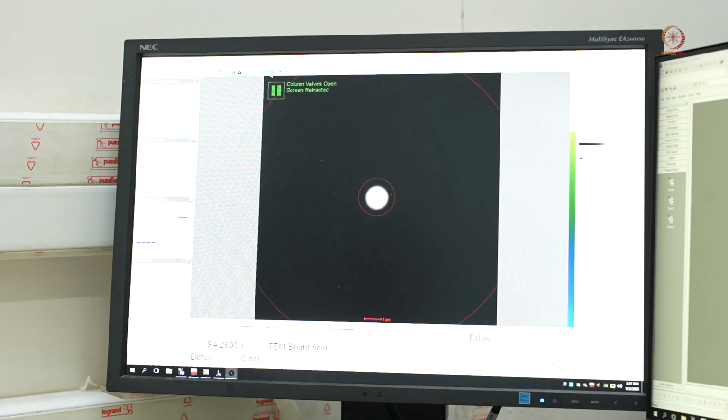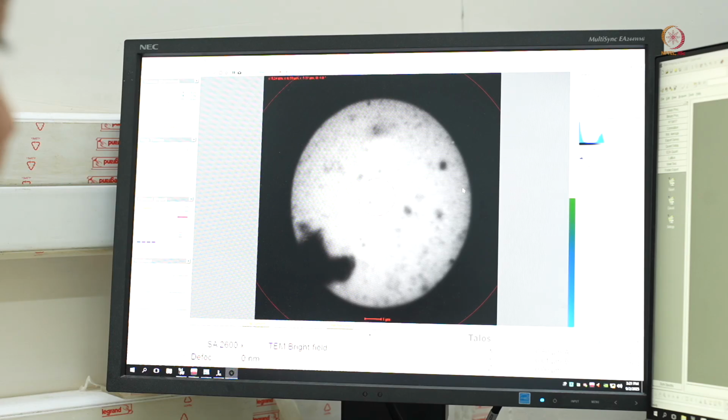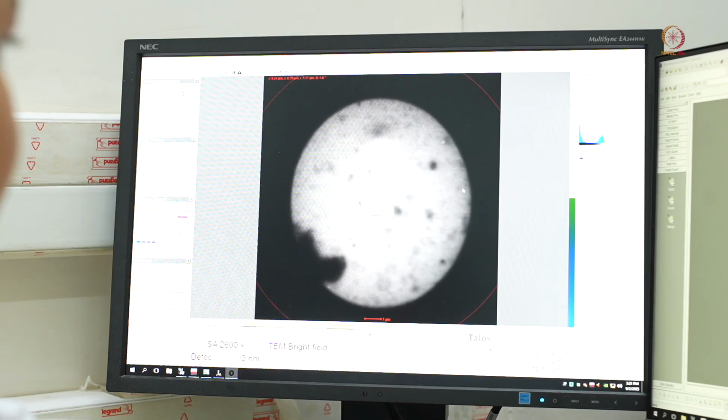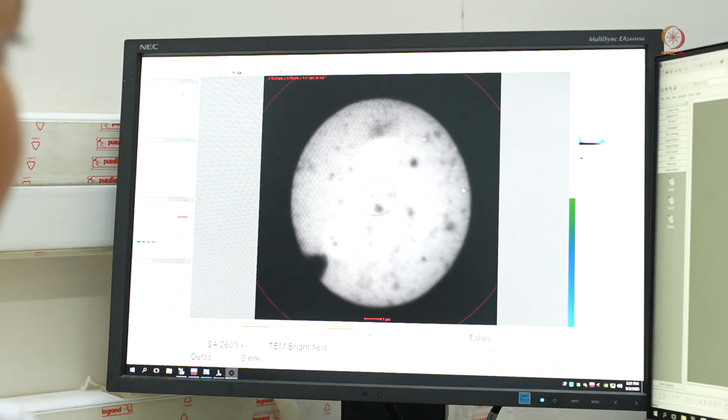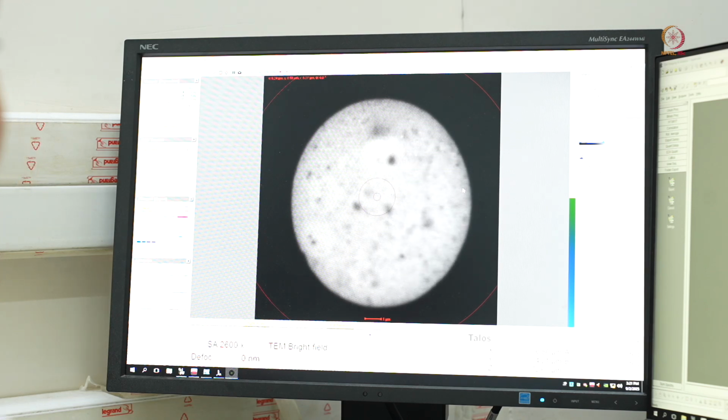We'll insert the screen, and once we see the beam, we'll bring it to the center and adjust the Z height using the wobbler. Once the Z height is set, we'll go for the data collection, which we'll be doing in the next session.